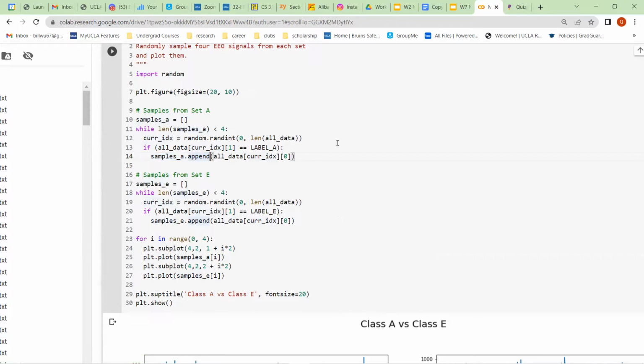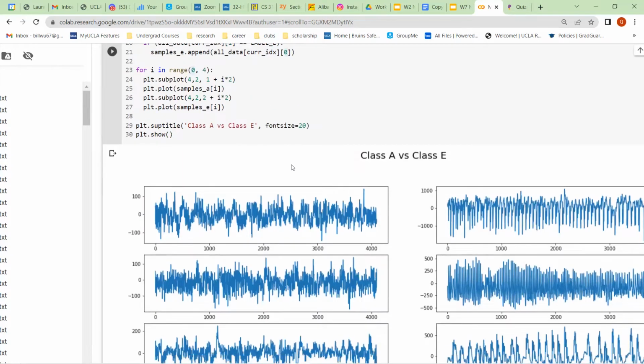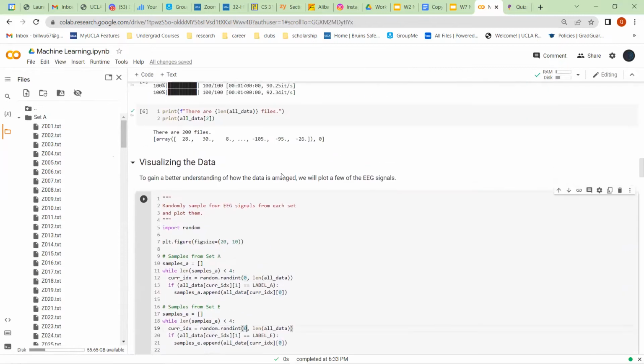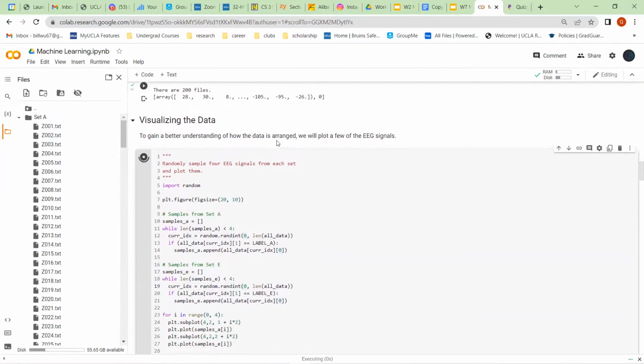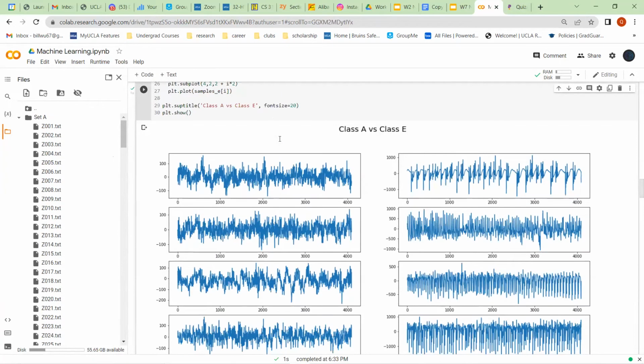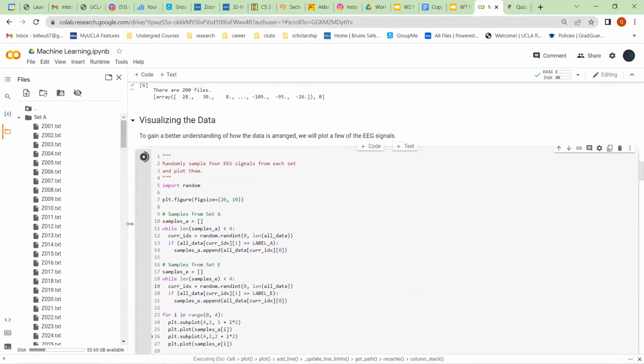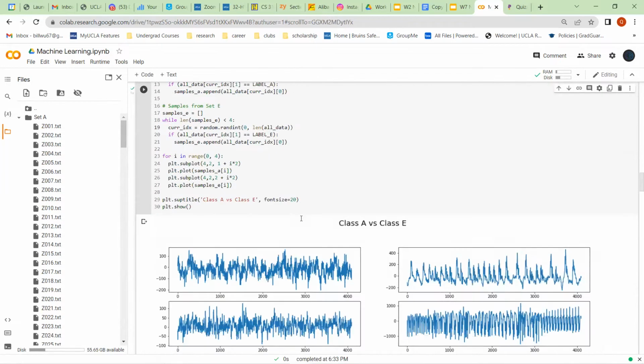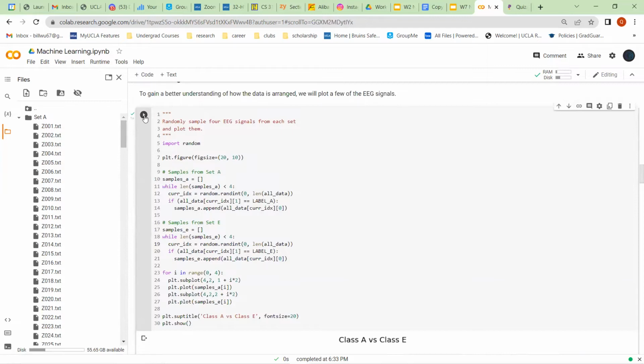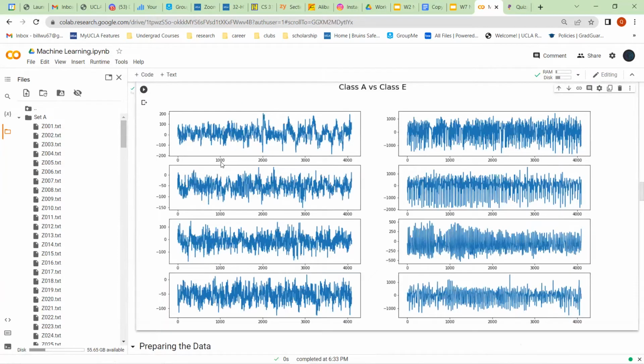And we are also going to do that 4 times for the set of data that collects sample E. So we do this for both groups 4 times, and then we can plot these groups to visualize. I'll actually run this. We can also see that each time I run this, it outputs different random numbers. So each time I click this, the graph will look somewhat different because it's selecting 4 new random numbers.